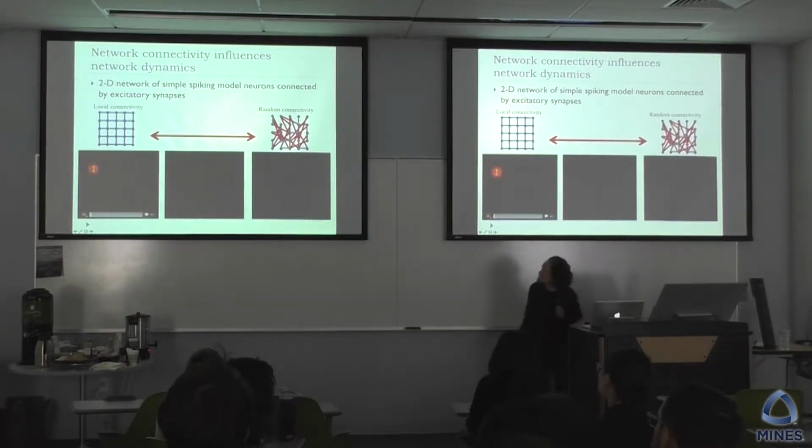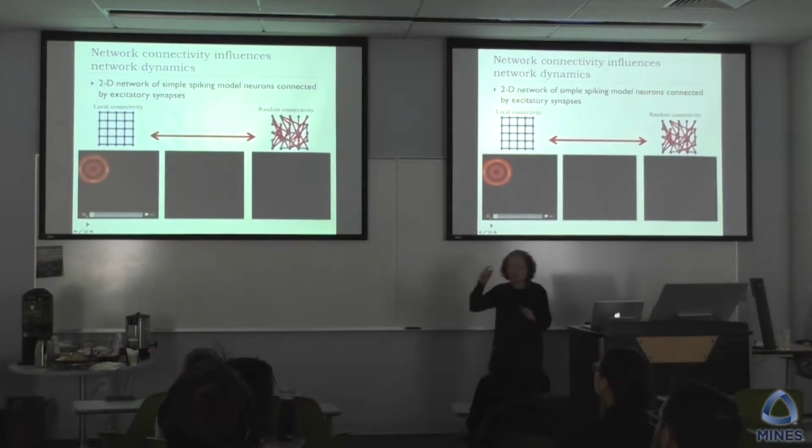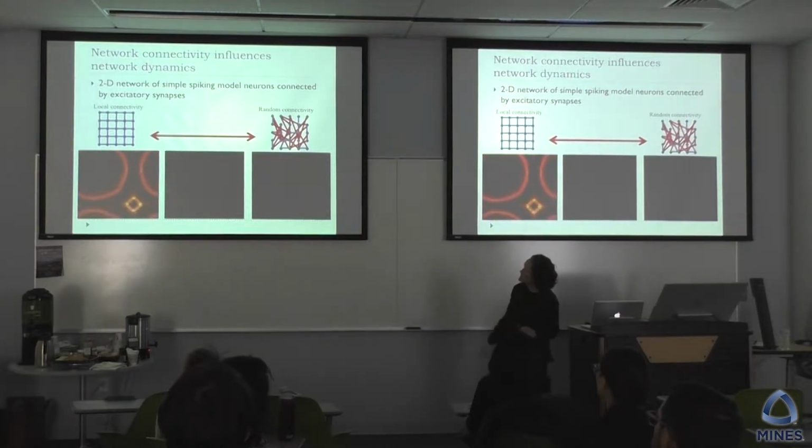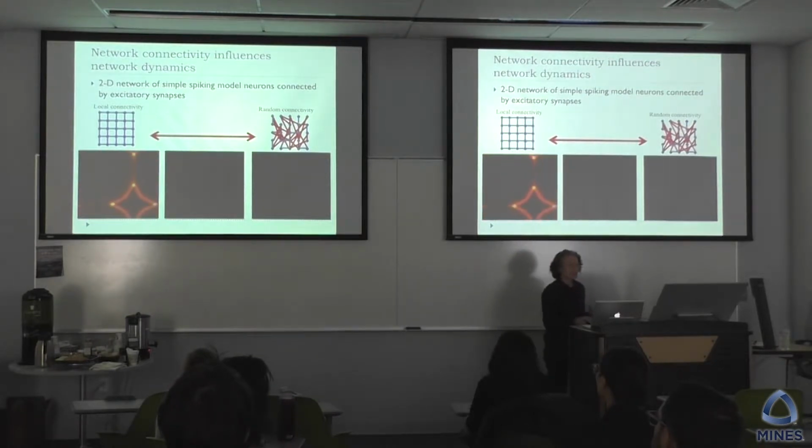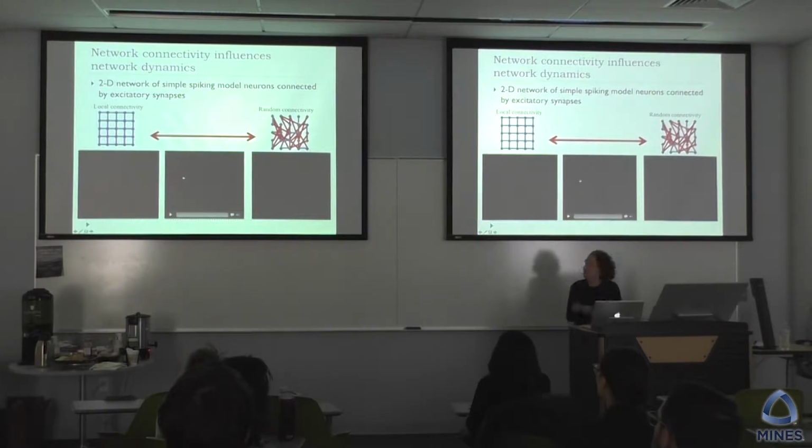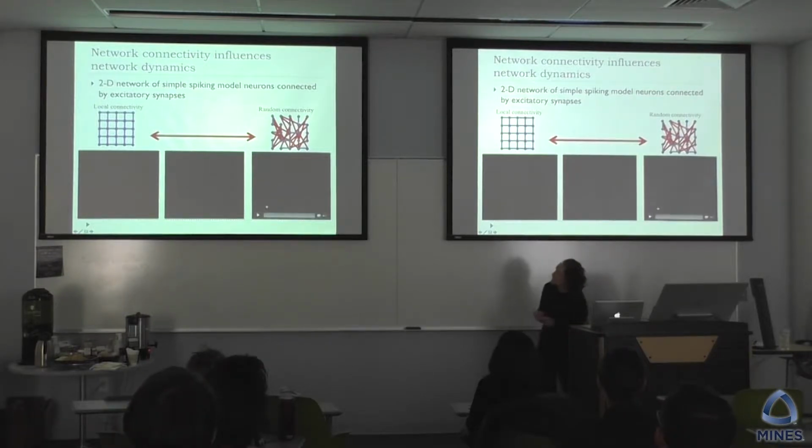And here in these movies, when the color is red, that means that the neuron at that pixel fired a spike. So with the local connectivity, we get this kind of just propagation of activity across. But what I'm going to change across these panels, and especially in this right panel, is the connectivity structure. So here in the rightmost panel, we've got random connectivity in the network, and in that case,